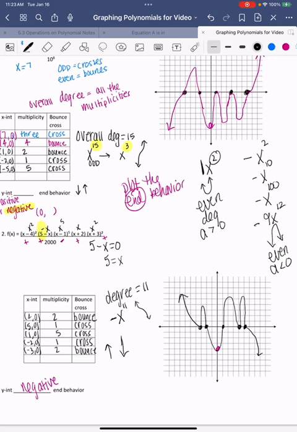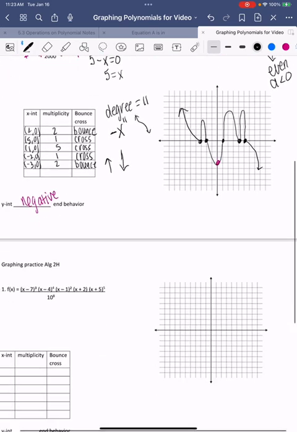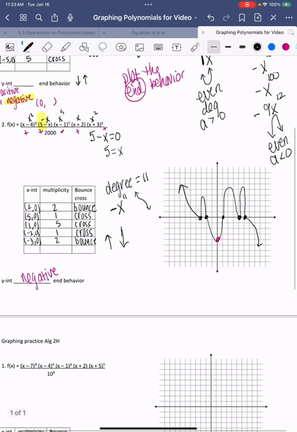Okay, and then we've got odd. I'm out of room here. X cubed, x to the 11th, x to the 111th. All of those look like such. That's going to be down, up, and that would be A is positive. Negative x cubed, negative 20, x to the 11th. I understand that negative 20, well, 20 is an even number. I don't care about the coefficient. I care about the exponent. All of these,